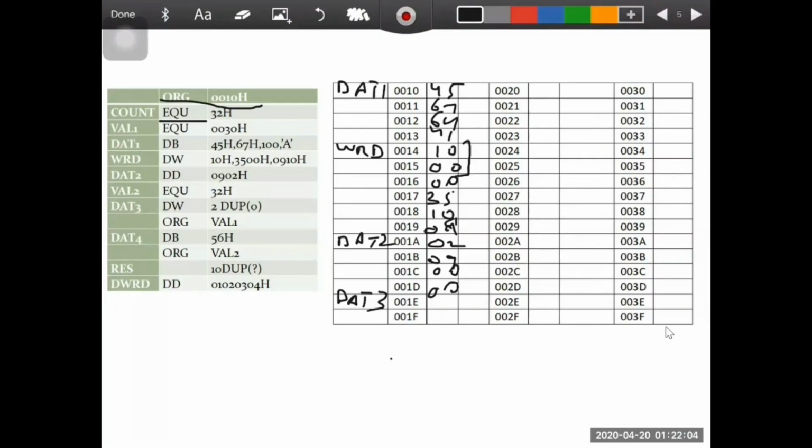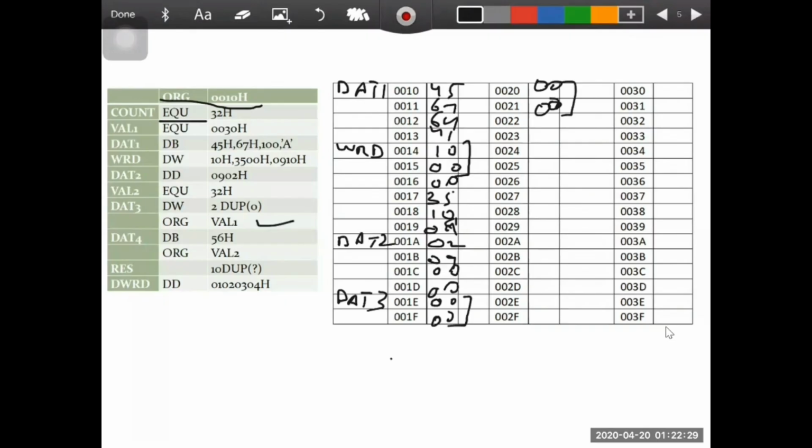So at 4 memory locations we have to put 0, because a word contains 2 bytes. So 0000, it will make one word, and the second word 0000. This is our second word, right?